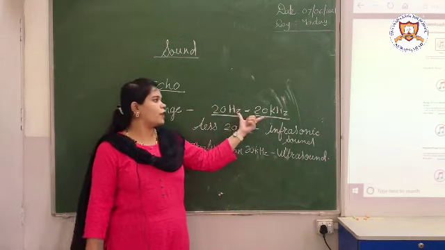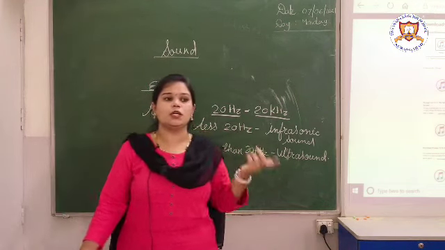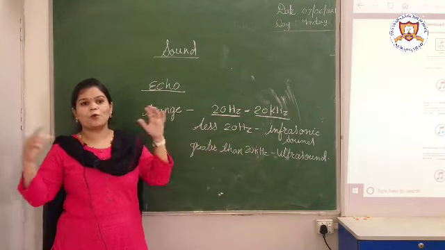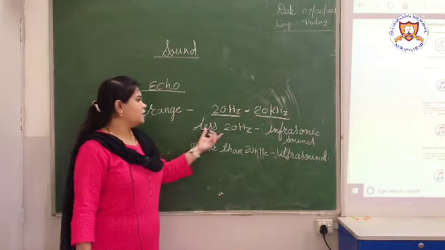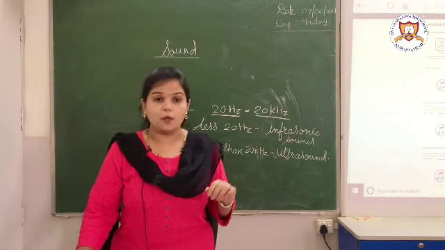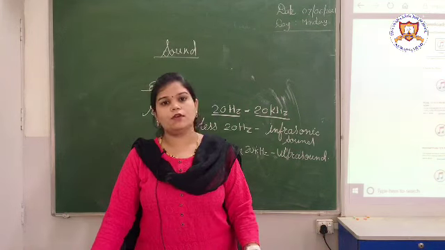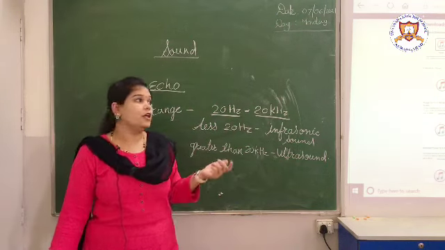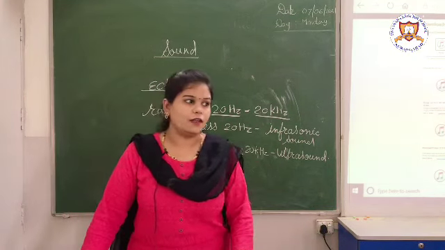So this is the frequency range which humans can hear, between 20 hertz and 20 kilohertz, that is, 20,000 hertz. So that large a frequency range can be heard by the human ear. So it is infrasonic and ultrasound. In this branch of sound, acoustics, we have wide applications of ultrasound. Sonar is also an application of ultrasound. We use ultrasound for different applications. Also, infrasonic sound can be heard by animals.